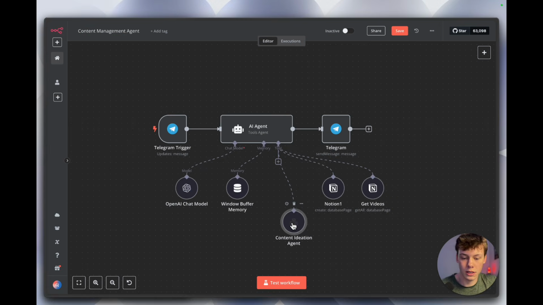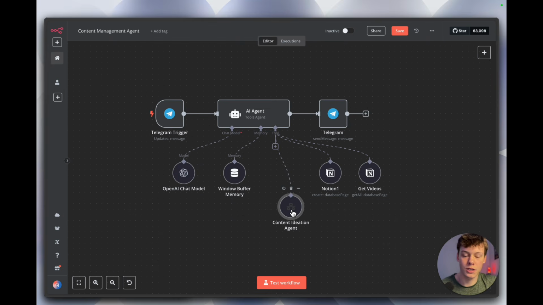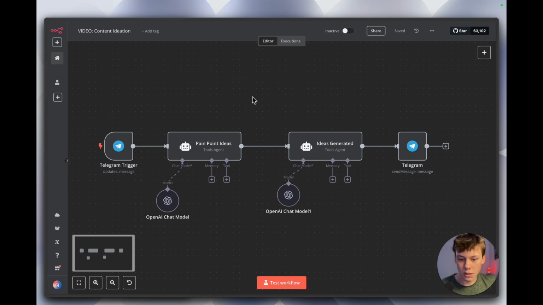You can see here it uses the content ideation agent. So I'm going to quickly walk you through what is actually happening in this content ideation agent, and then we can get started setting this management agent up. So the content ideation agent, I'm not going to spend too much time talking about it because I have an entire video out for it, but we're interacting with this agent through a Telegram chat, and then we have two